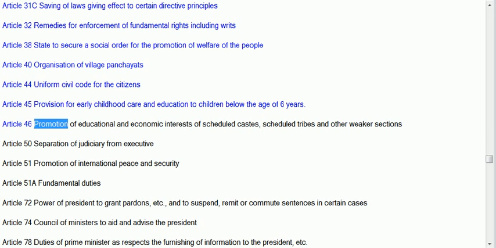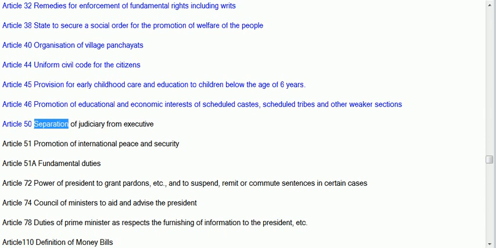Article 46 Promotion of educational and economic interests of scheduled castes, scheduled tribes, and other weaker sections. Article 50 Separation of judiciary from executive. Article 51